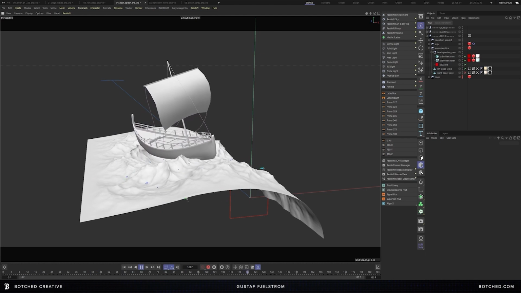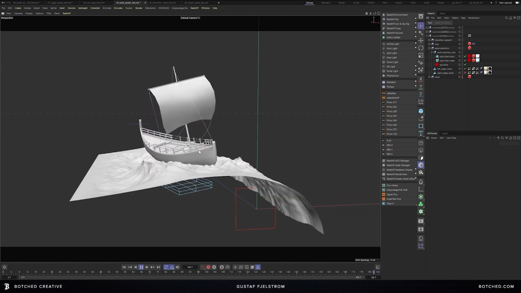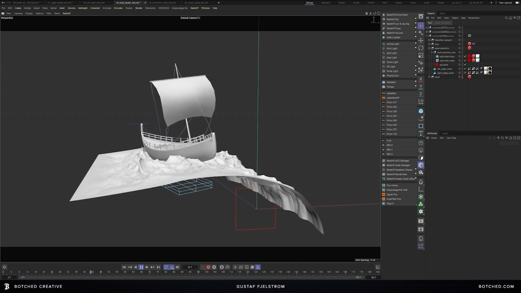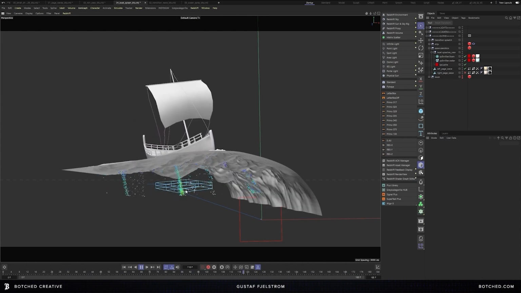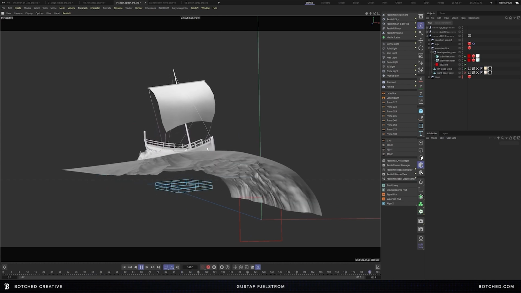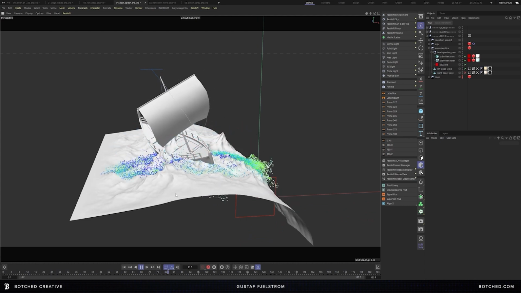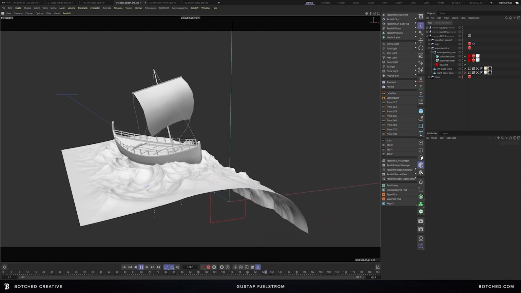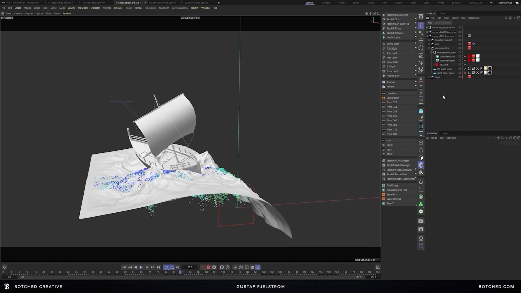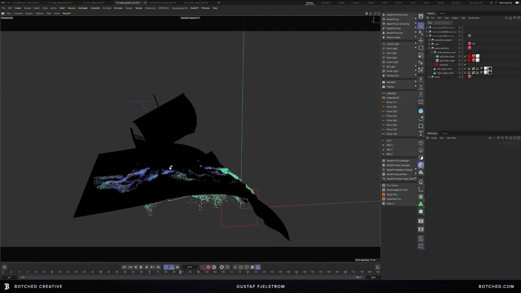but only on the top surface. So I have the collision set to only be the top of the surface. That way I can blast these particles out the bottom, and they would collide off the hull of the ship and then bounce along the top of the water. And there we go. Again, I set this up to render a separate pass, using all black materials,